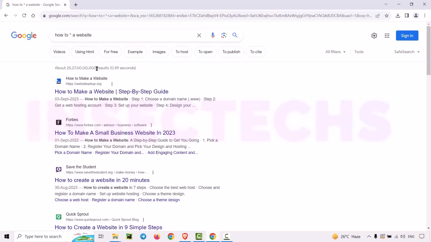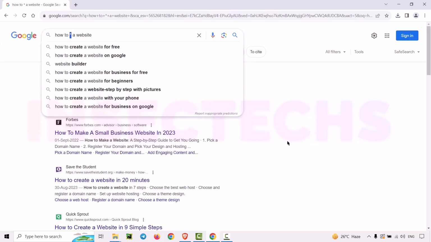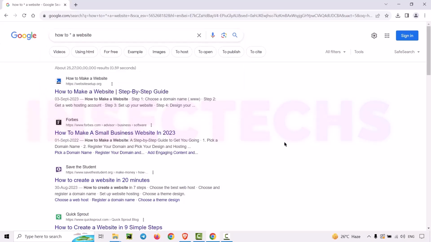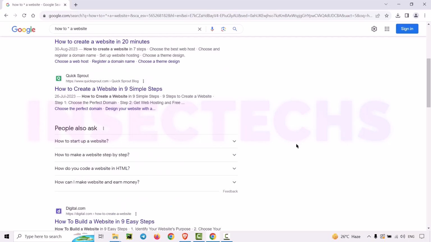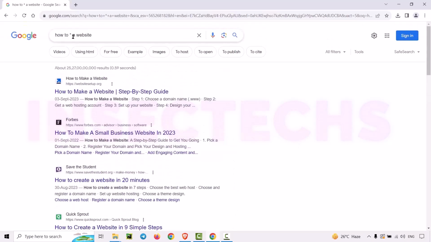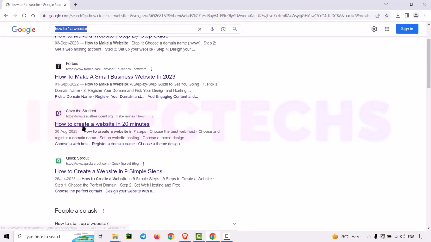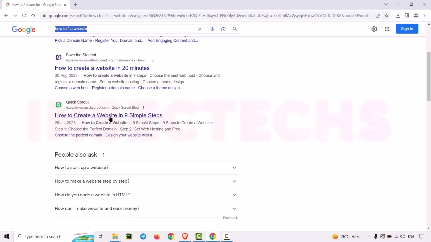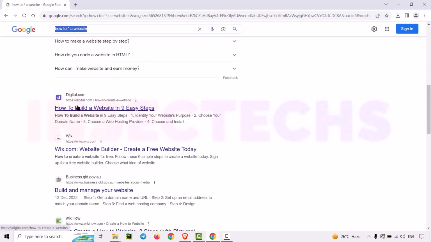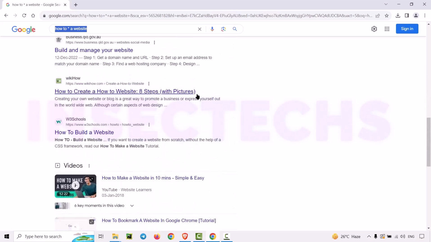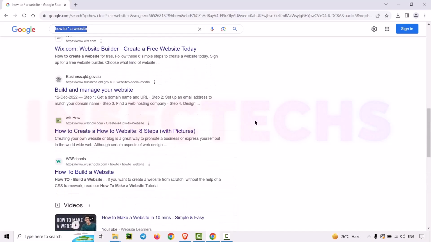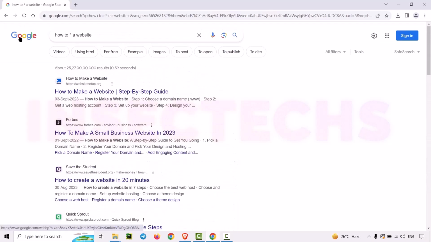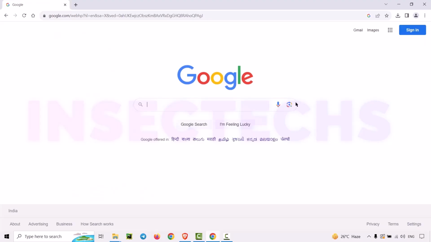So Google will display the results of websites that contain how to make a website, how to create a website, how to download a website. So the wildcard is replaced with all these kinds of terms that are possible to match this how to wildcard a website. So how to create a website in 20 minutes, how to create a website in 9 minutes, how to build a website, how to download a website, how to manage a website, how to hack a website, and so on. So the next operator is intitle,